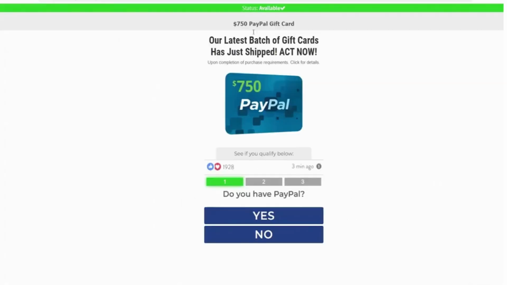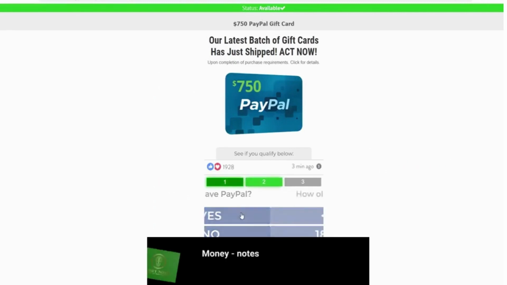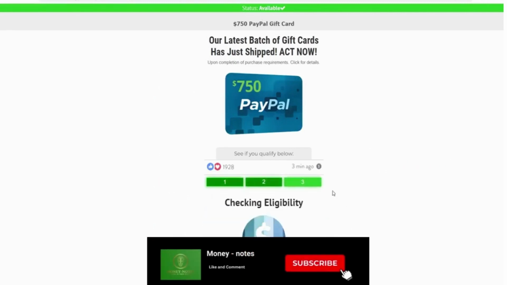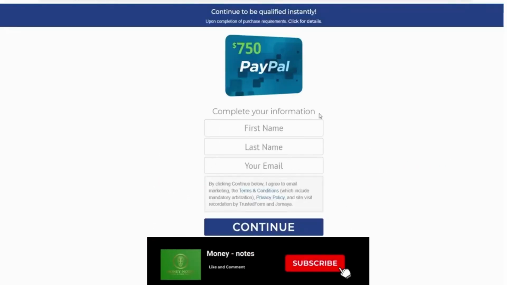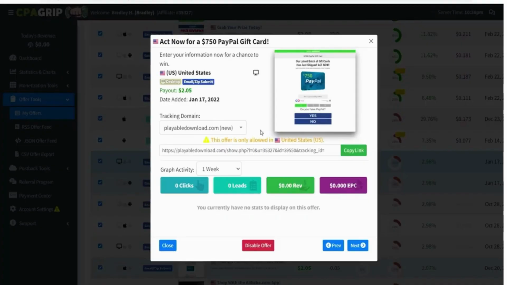and paste. And here you can see we've now previewed the landing page, and if we answer these questions here, you can see all your traffic has to do is answer those 3 questions, enter their first and last name and email, and you will earn $2.05. So now here's how you can send free targeted traffic to this offer, so you can start earning some